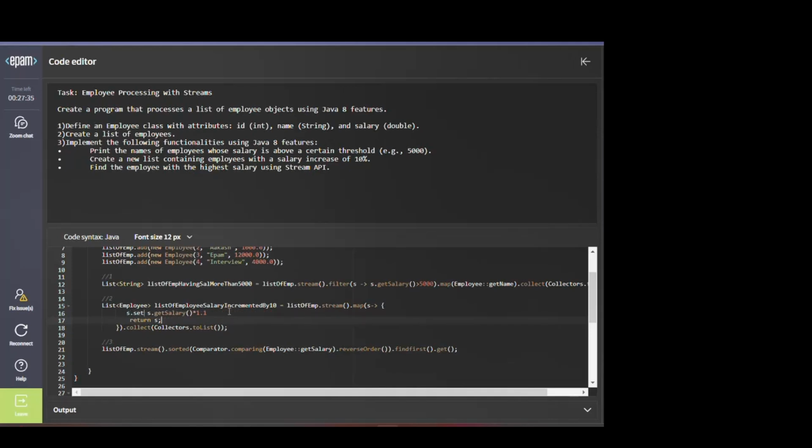As set salary, and you need to set your new value. Then you update your object of employees, and return it, and then collect. In such a case, this should work. You were almost correct. Okay, before we are moving to the next task, while I prepare the space for us,